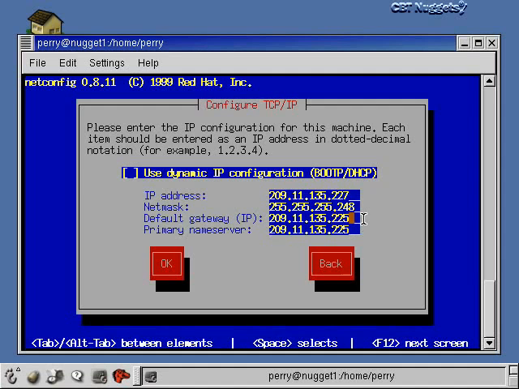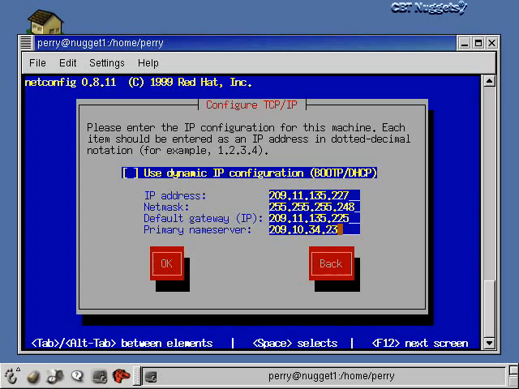What the gateway is, though, is it's kind of like your front door to the rest of the internet. This is where your computer and all the other computers on your ISP's network, they're using that gateway to get out to the rest of the internet. Okay? And for my name server address, they were pretty far off because my primary one is